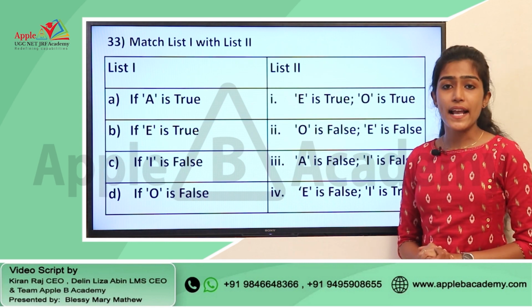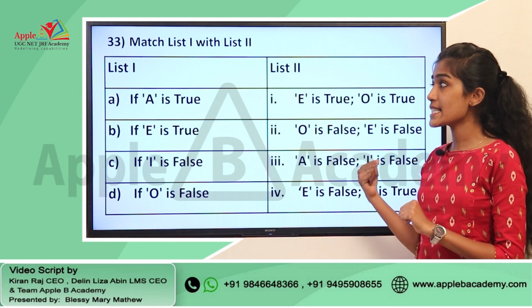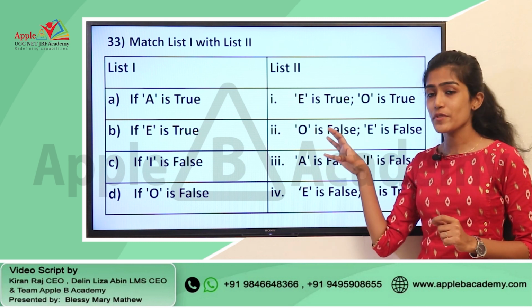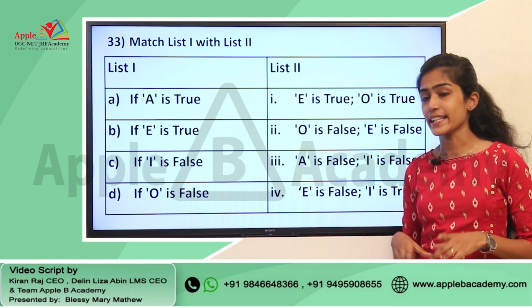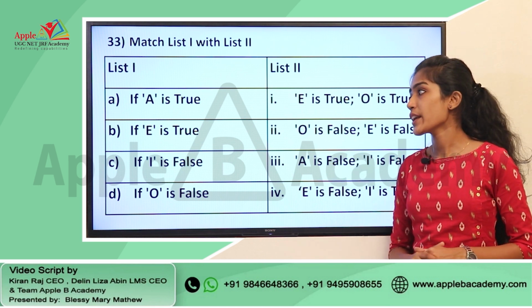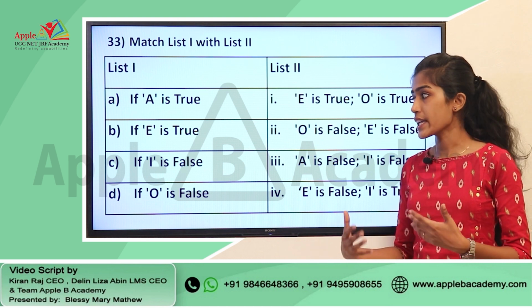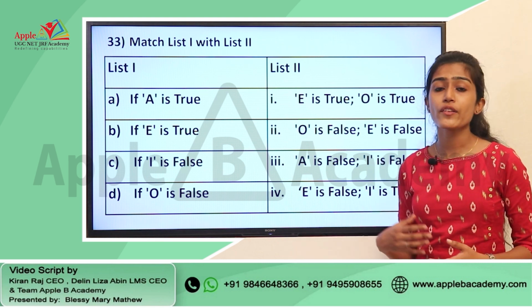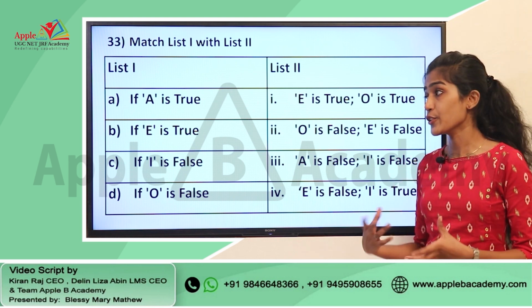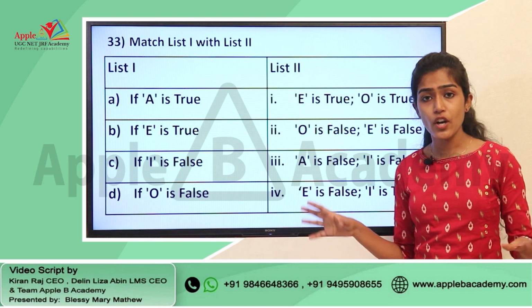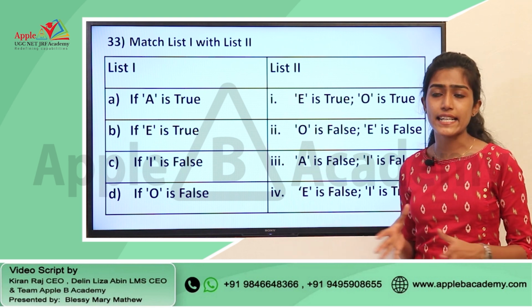Next question is a match the following question. This is from the module logical reasoning, and if you consider the options here, we can easily identify that this is from square of opposition. So, in list 1 we have given if A is true, if E is true, if I is false and if O is false. So, if you know the various types of propositions and if you know the relationship that we are studying in the area or the topic square of opposition, this will be a very easy question for